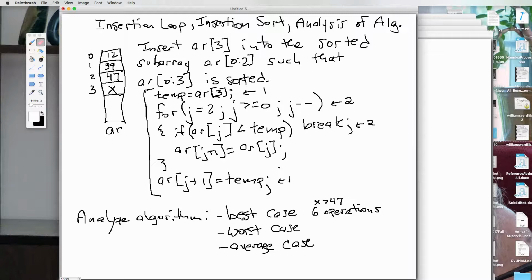Now, what would the worst case be? The worst case would be, of course, if I never execute the break statement, I have to keep going around and around and around in the loop. I finally exit it, and then I come down here. So the worst case would be if x is less than 12. So if x is less than 12,